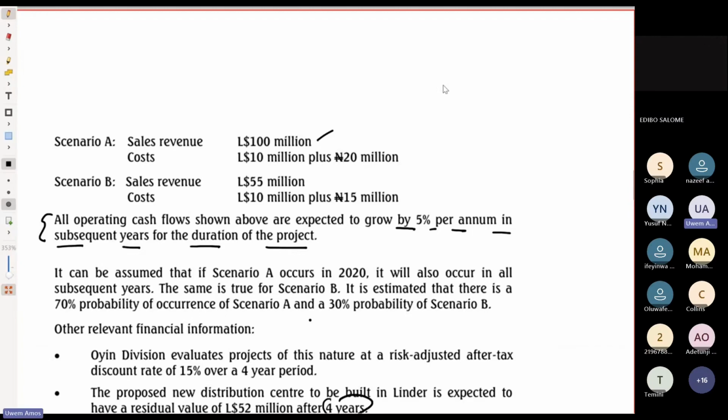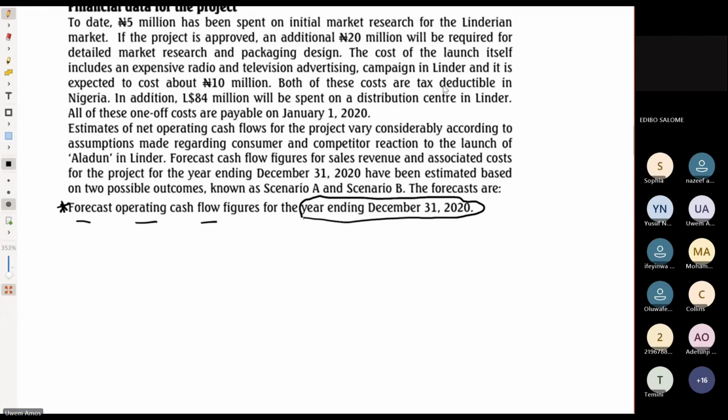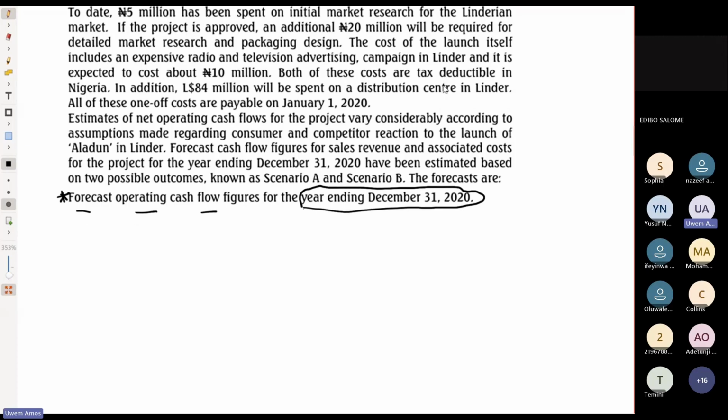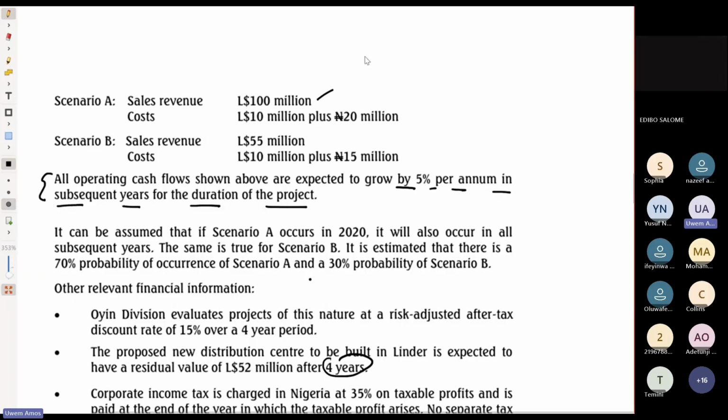Our question tells us that the values we're given is at December 31st, 2020, and we're given cost for that year as 10 million Lindarian dollar